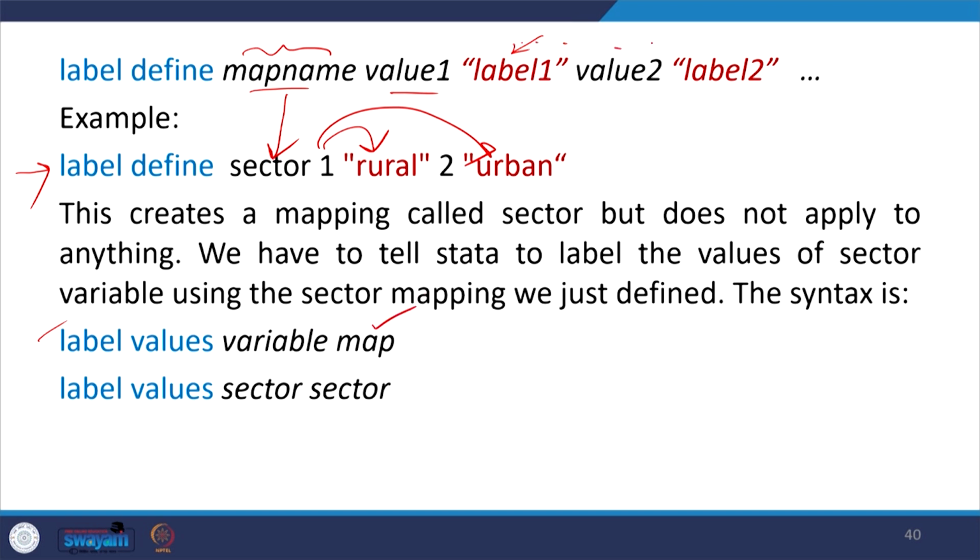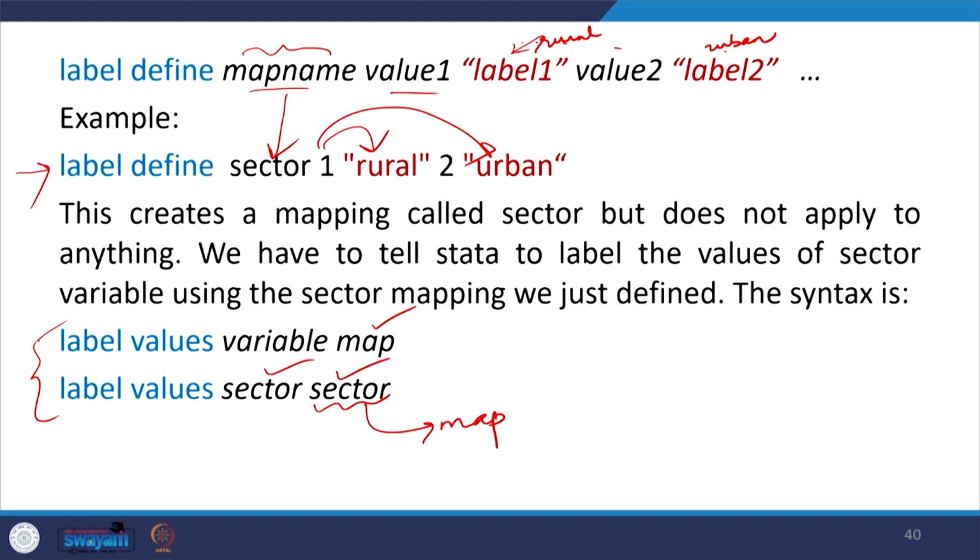In case of sector it is rural and urban, or in case of gender it is male and female. These two commands should go together: label values sector, and sector two times we have to write down, where the second sector is our map. In our map, this is rural and this is urban. So it will map the codes automatically.